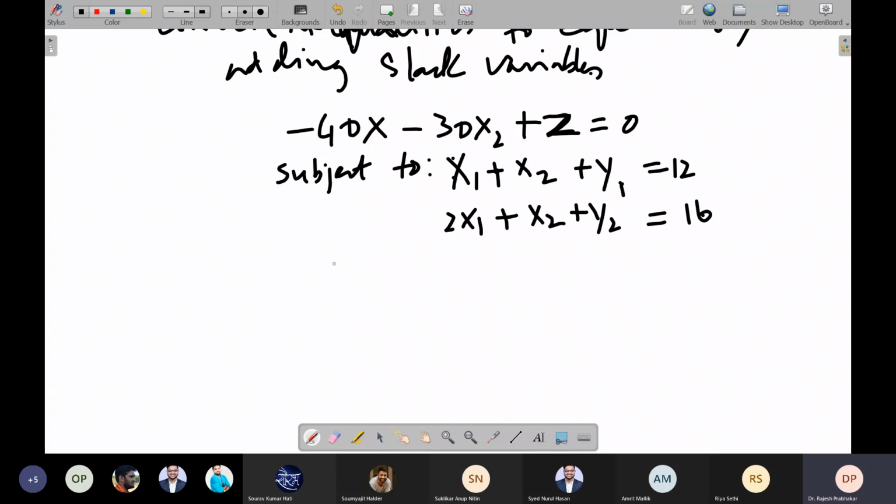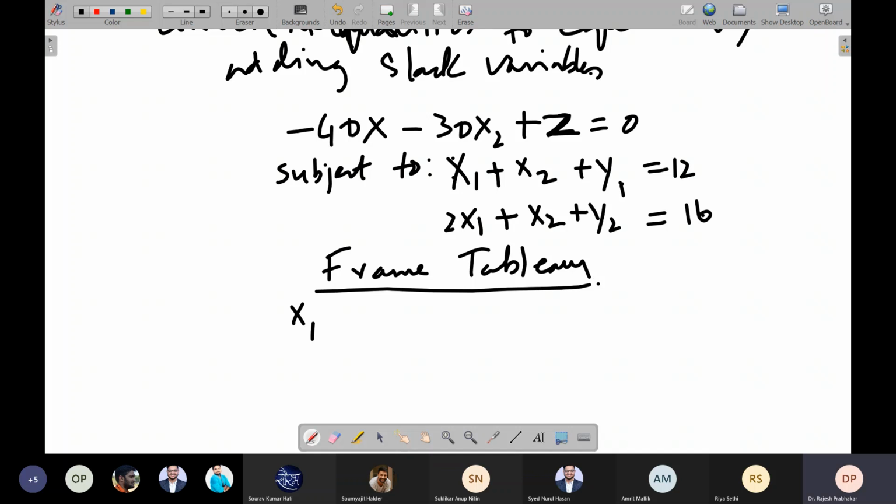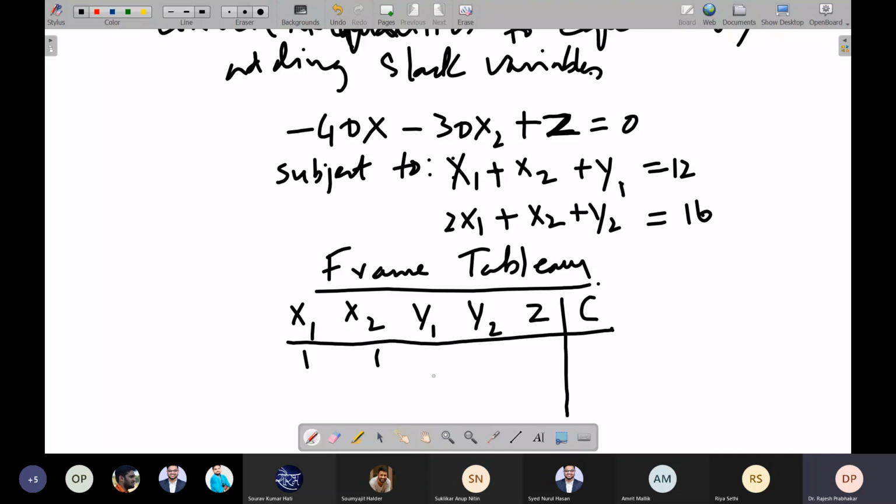Now we will frame the tableau of the first simplex. For the tableau, you have x1, x2, y1, y2, z, and the values on the right hand side. The first equation is 1, 1, 1, 0, 0, 12.